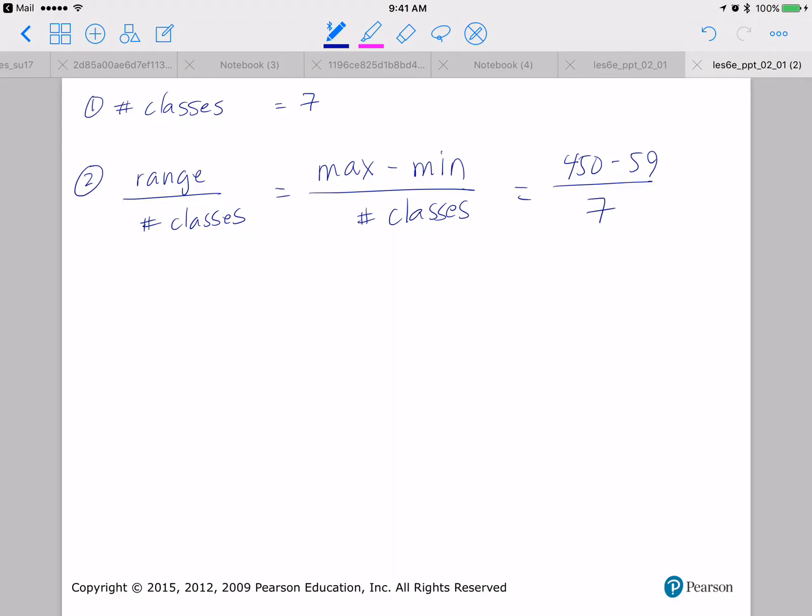Let me get my calculator. So I need 450, delete. Okay, I can't turn on my calculator. Let's see. Okay, 450 minus 59 is 391, divided by 7. So if we need 391 divided by 7, okay, that is